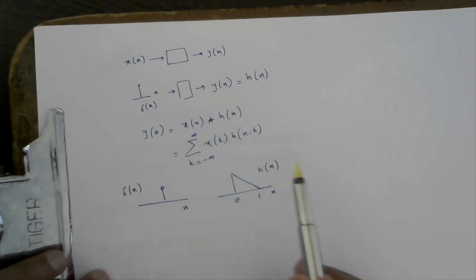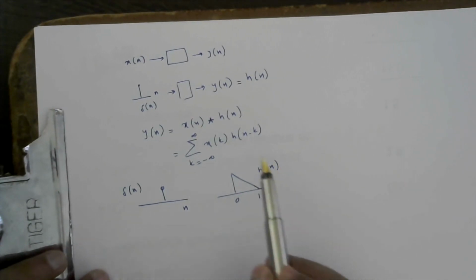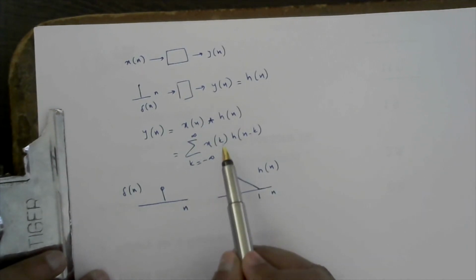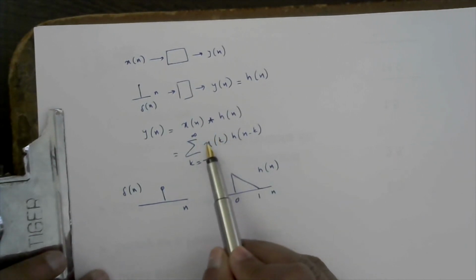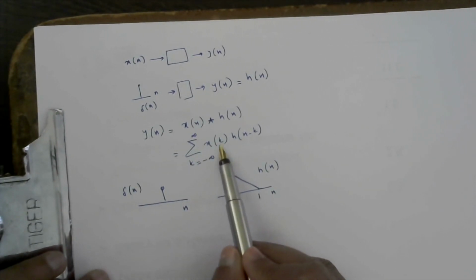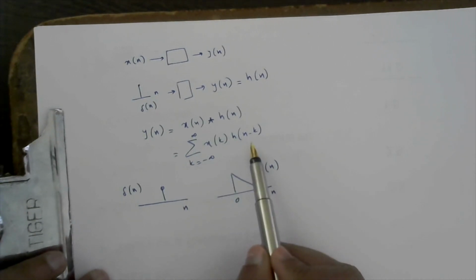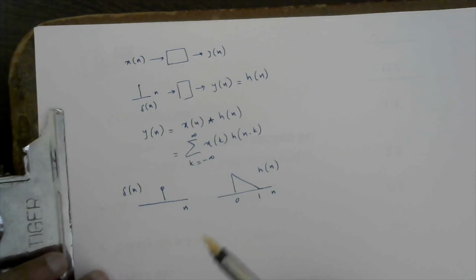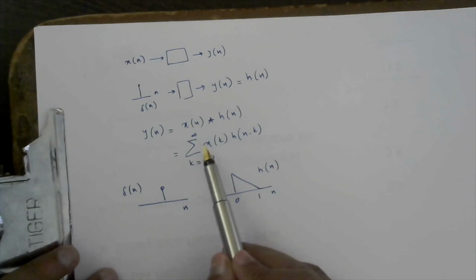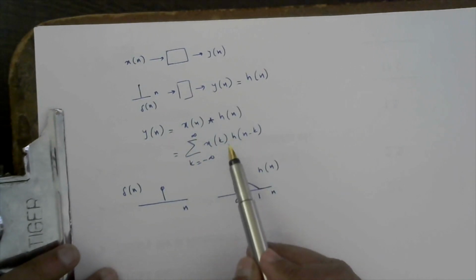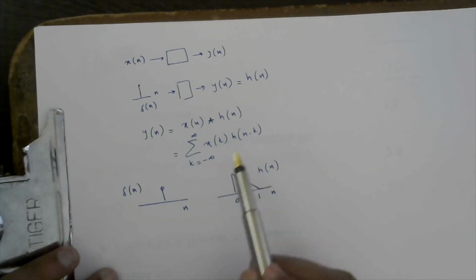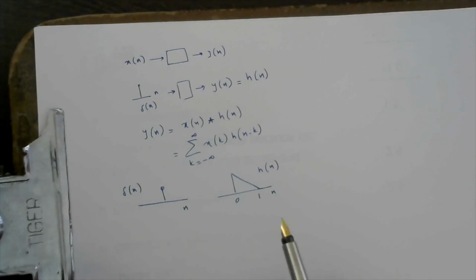So essentially, if you have your h of n, which is this one, h of n minus k is nothing but a shifted version of h of n. And this x of k here is the value of the function x of n at the particular value k. So essentially what this means is, because of the linear and time invariant properties, my output at a particular n is an infinite sum, where the sum consists of scaled and shifted values of the impulse response function. Okay, for example,